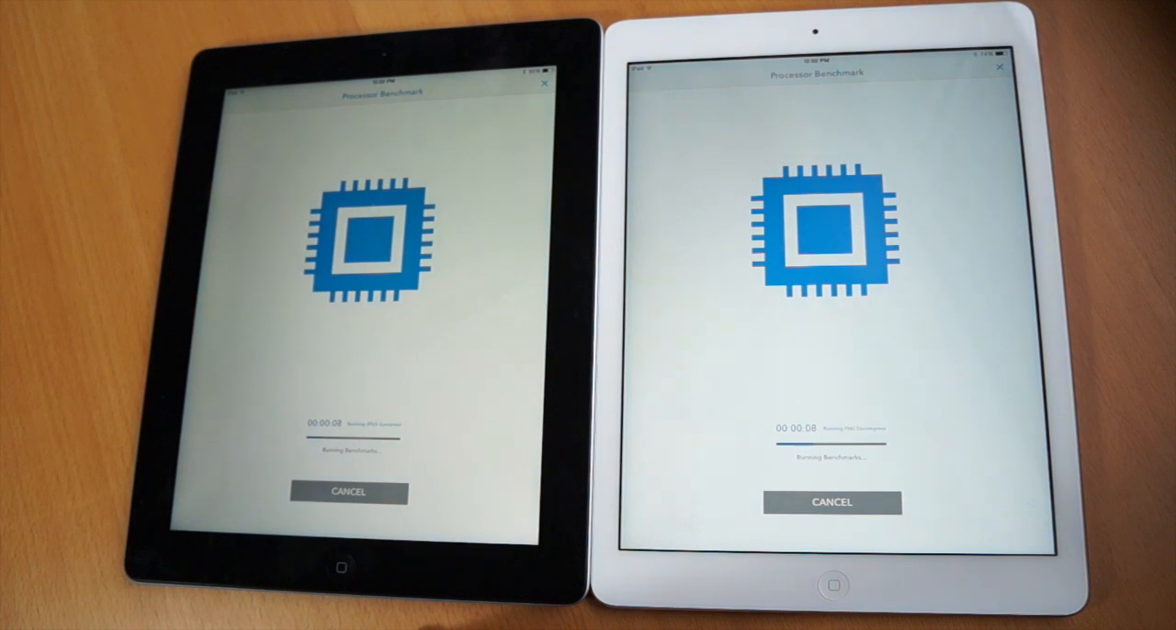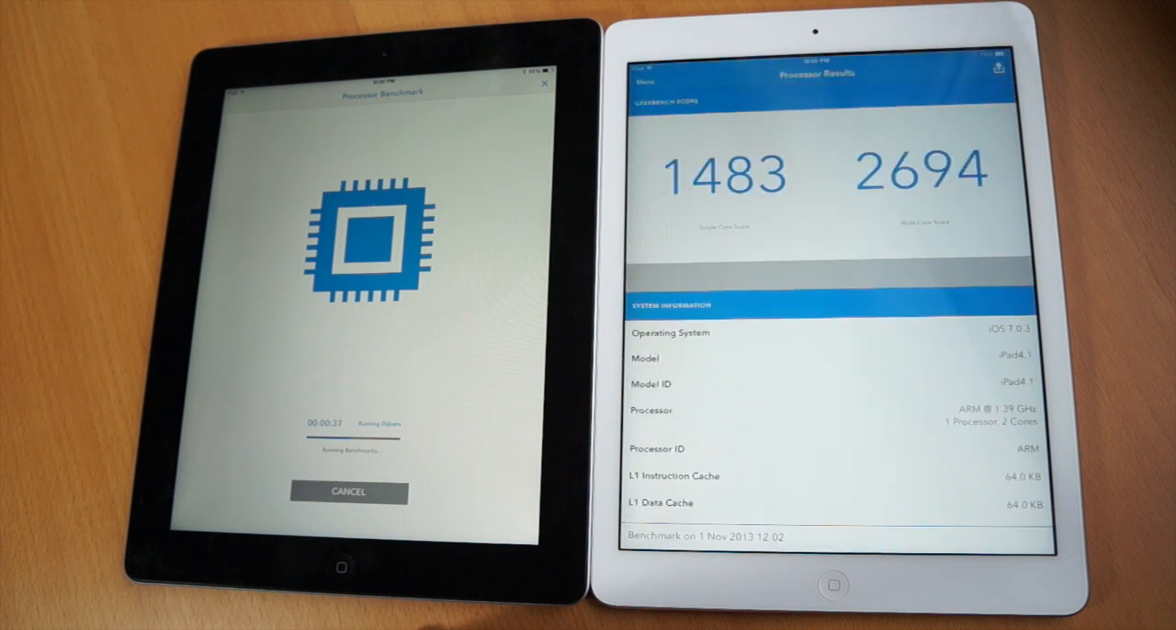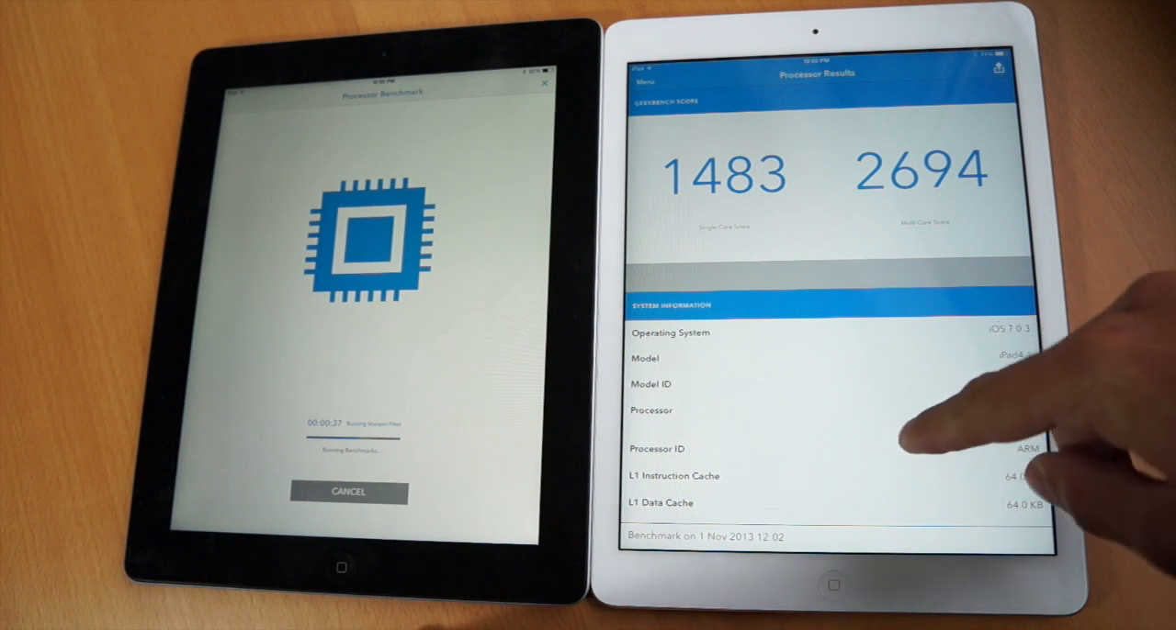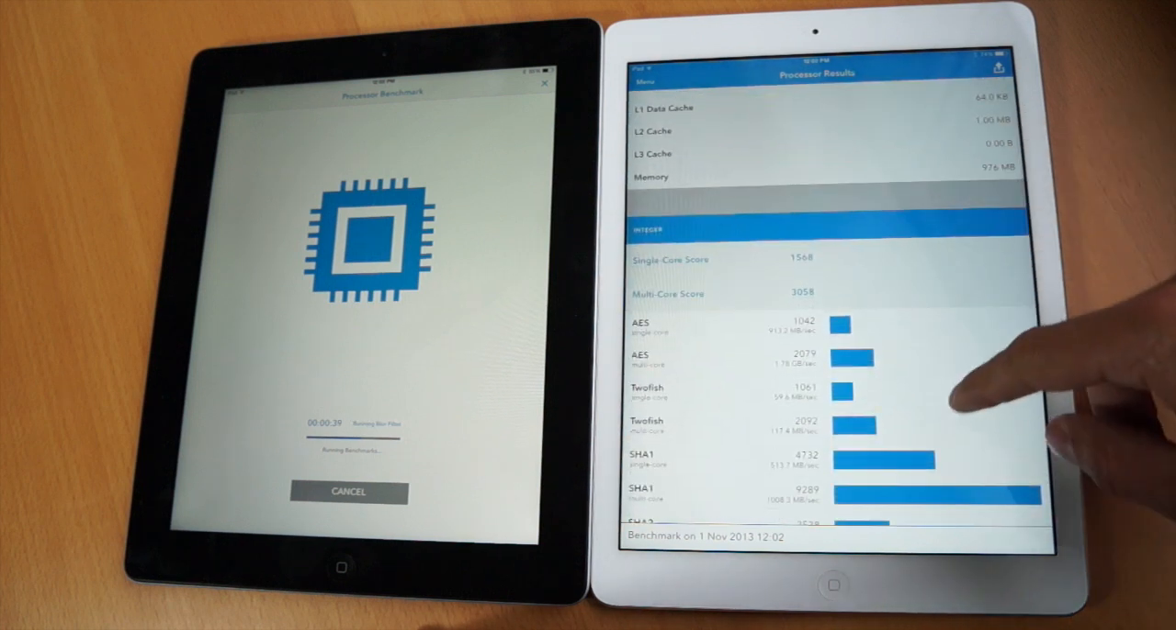Just as a refresher, the new iPad Air has the A7 chip as well as the co-processing M7 chip, and these are found in the iPhone 5S, which I found to be one of the most responsive Apple devices I've used to date, so I wouldn't be surprised if the iPad Air performs extremely well. Whereas the iPad 4 has the A6X chip, which had double the processing capabilities of the iPad 3, which was my previous iPad. And you can see that the iPad Air has finished at 1483 for the single-core score,